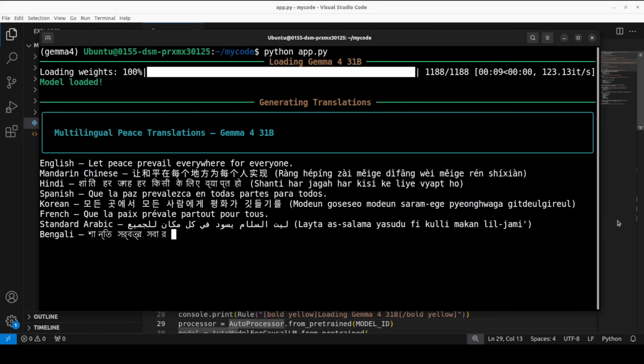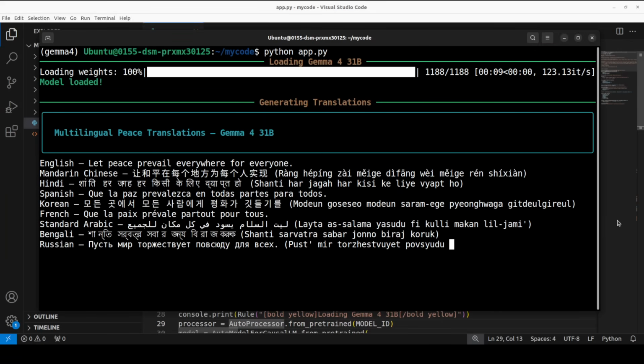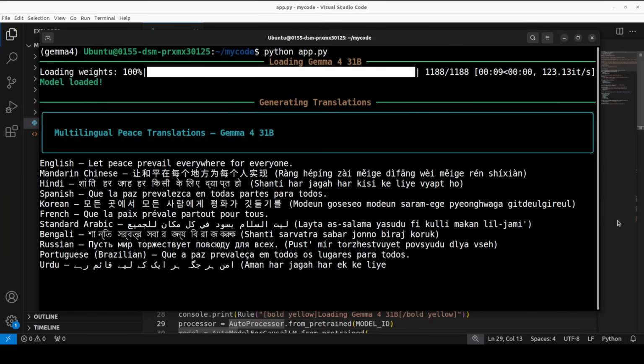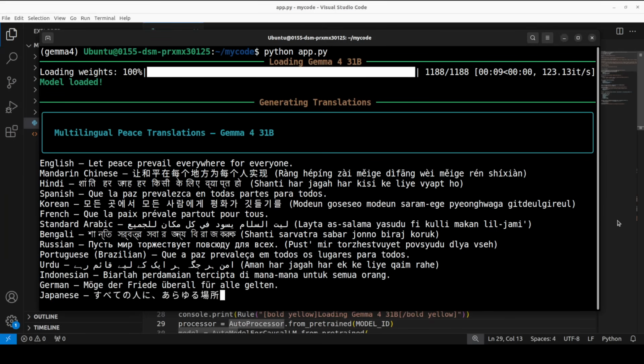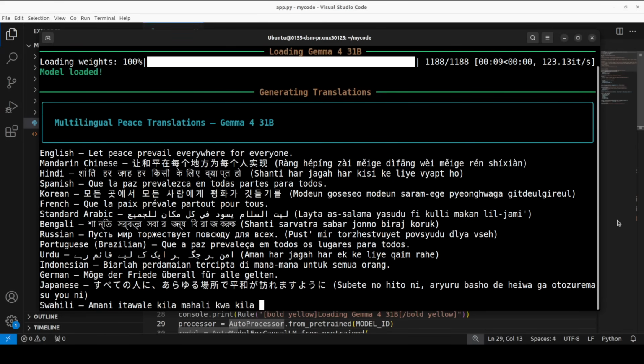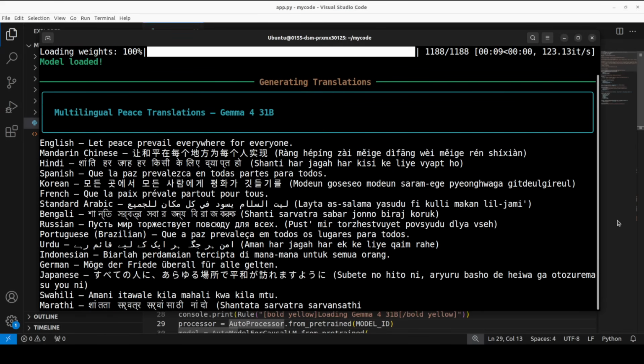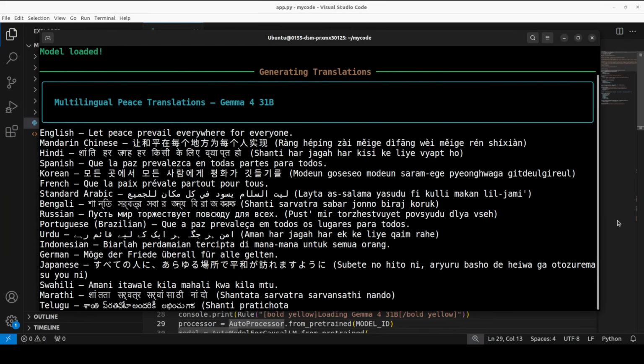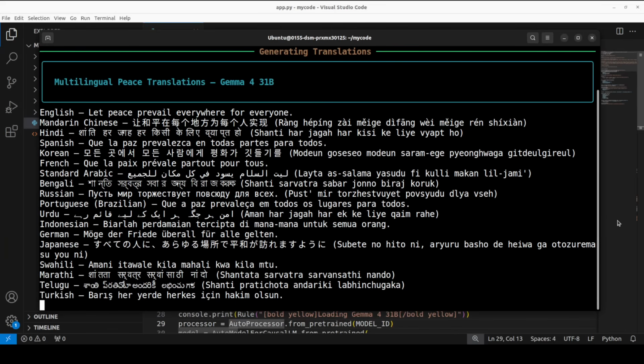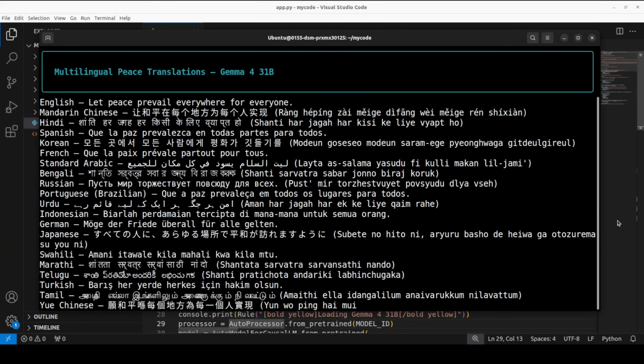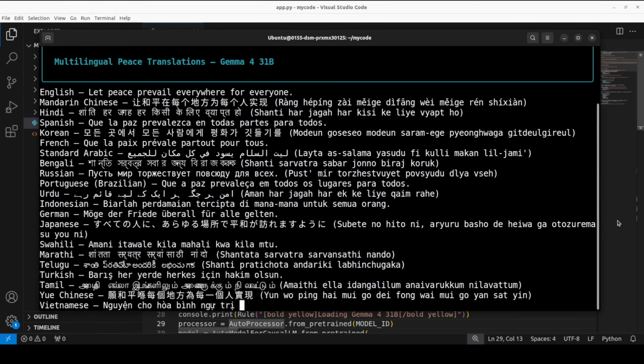As far as I can see on the basis of past experiences, so far it has done a good job. I don't see many mistakes. Maybe some of them are a bit literal, but that is fine. Or formal, I would say. The African language, Swahili is there. This is Marathi, from Maharashtra in India. That's a regional language. Telugu is again an Indian language. Same as Tamil. And then Turkish, Vietnamese,